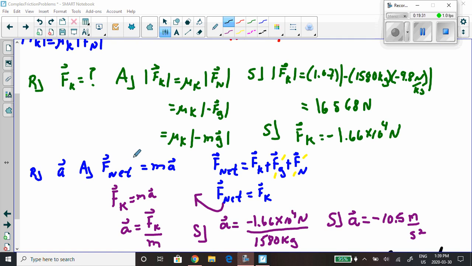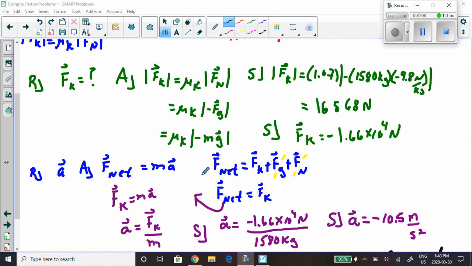Next, they want us to calculate the acceleration of this car as it's skidding to a stop with kinetic friction. Well, I'm not given a lot of kinematics information. I know the initial velocity, and I know the final velocity, but I don't know how much time it took to stop. I don't know how much distance it took to stop. So kinematics will not lead us to solving for this acceleration. But I am given a lot of information about the forces. So that's a hint that probably the best way to proceed here is through dynamics